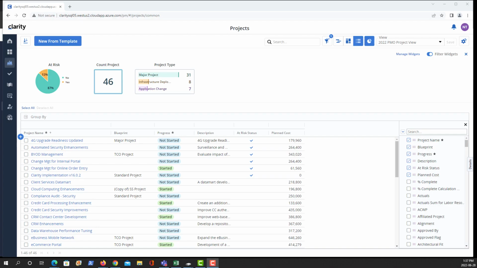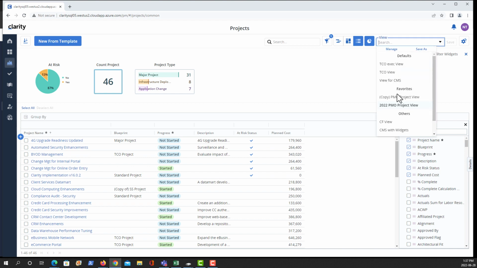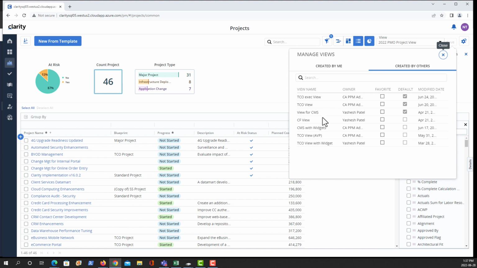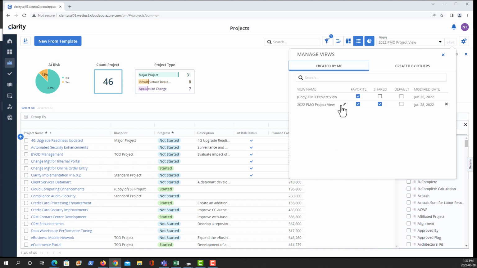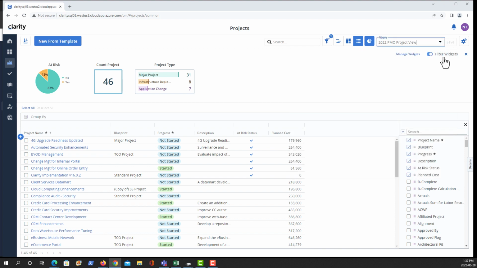Let's start by showing you how to change the owner of a view. Currently, we're logged in over here as Nicholas Thibault, and he is the current owner of a view called 2022 PMO Project View. If I go into Manage, you can see he is indeed the owner of that view. So if Nicholas got promoted and someone else is going to be taking his position and needs the ownership of this view,